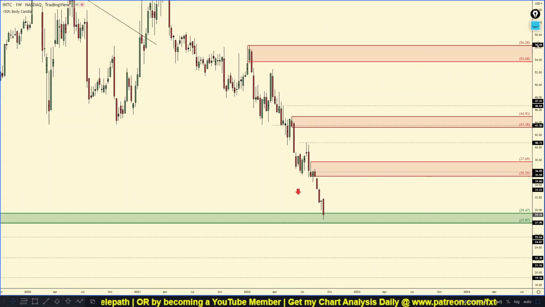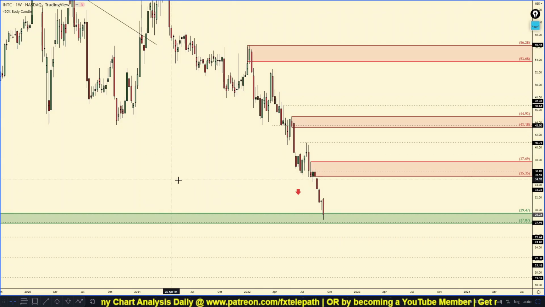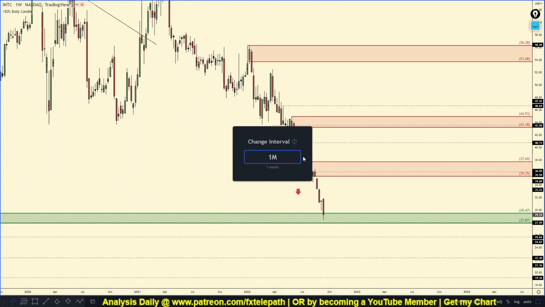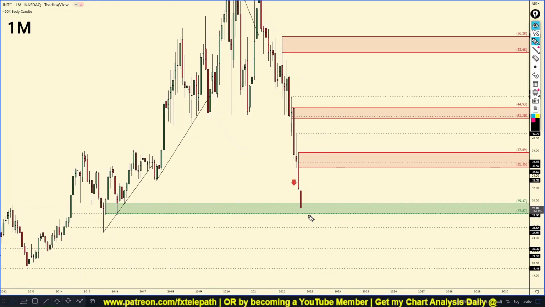All right, on to Intel. This is another pretty interesting chart. If you look at this, this is a weekly chart, and as you can tell, price is clearly trending down. We have a lot of downward pressure here, but we are reacting off weekly demand. But what's more important than that weekly demand is this. If you look at a monthly chart here, we are reacting, or we're basically about to start to react